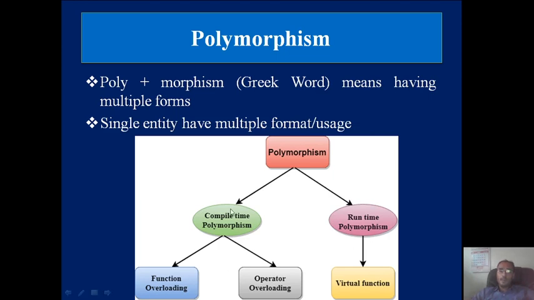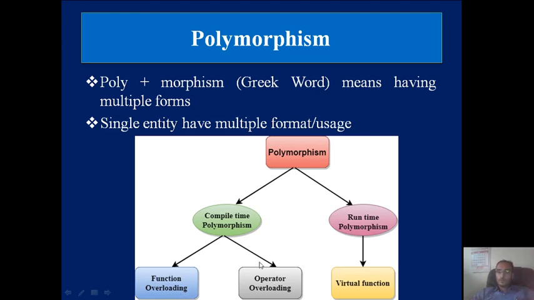So over here, compile time polymorphism is known as static binding or early binding, and runtime polymorphism is known as late binding or dynamic binding. Over here in compile time polymorphism, we can separate these two topics under the particular category of compile time polymorphism: function overloading and operator overloading. When we start with functions, we will also discuss what is function overloading and